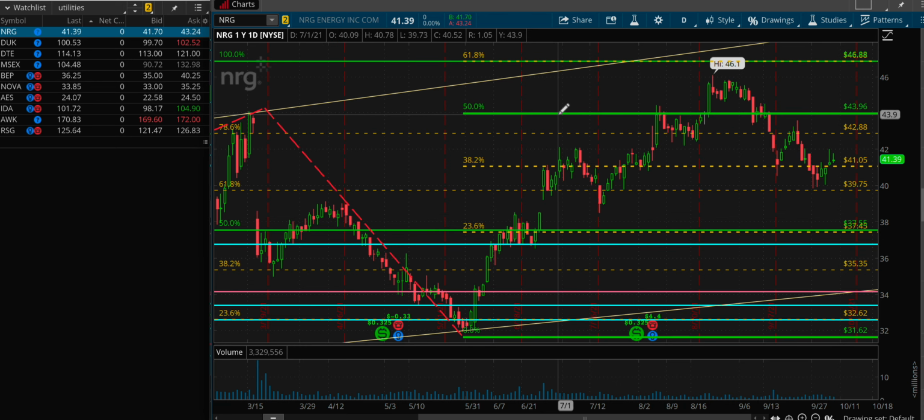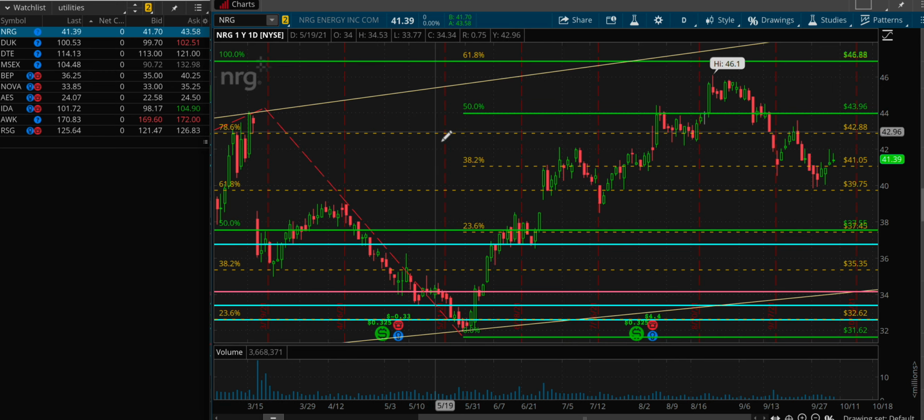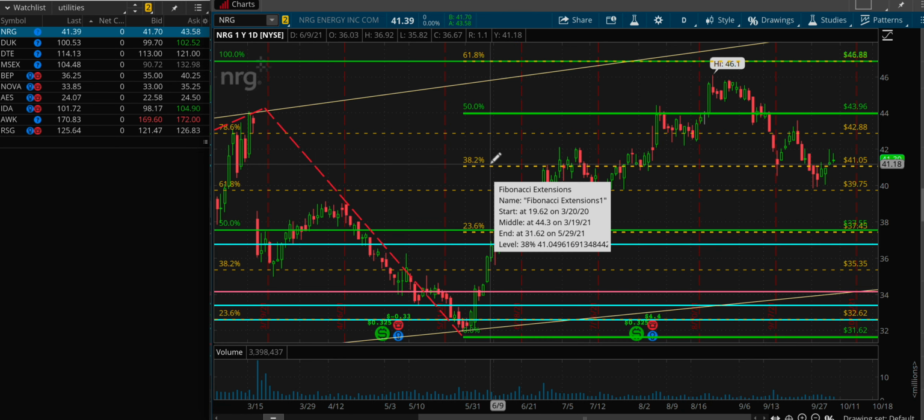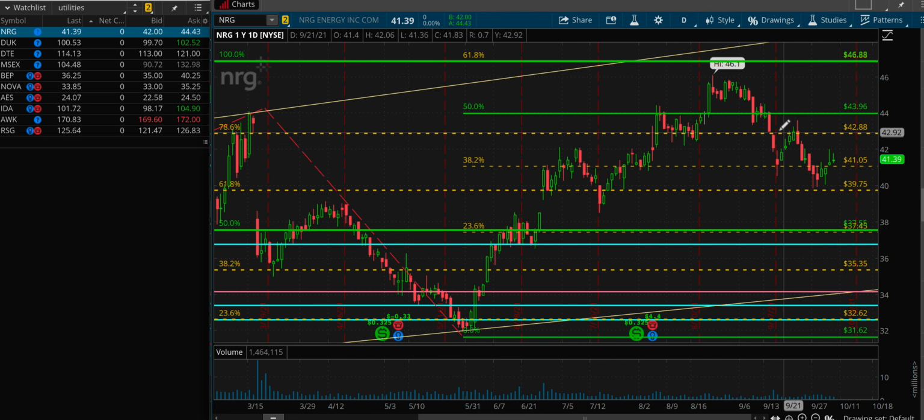So on this short-term extension, you'll see more of the short term right here. We got rejected on the 50, came back down. We're at the 38 right here. If we can hold this 41.05,